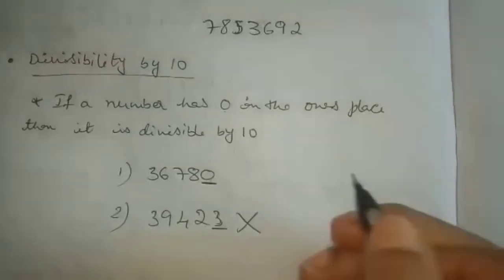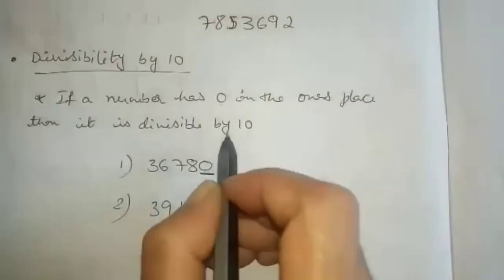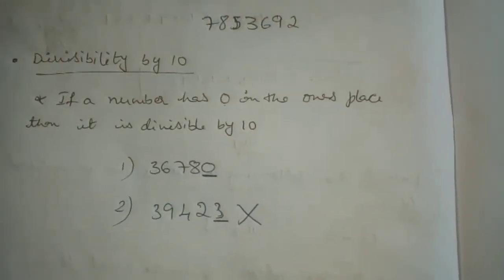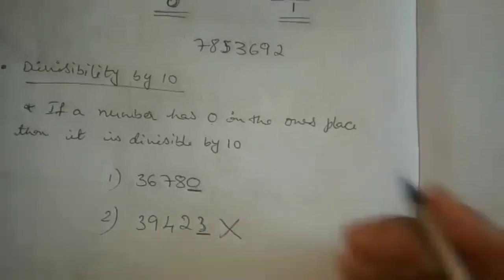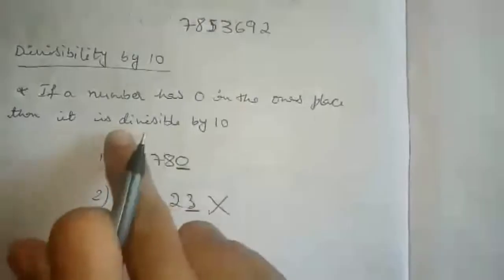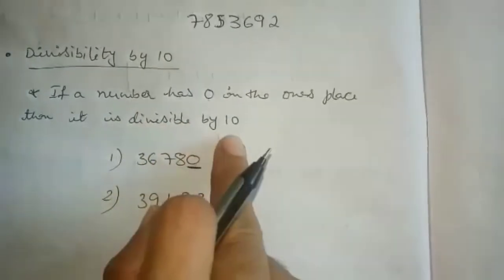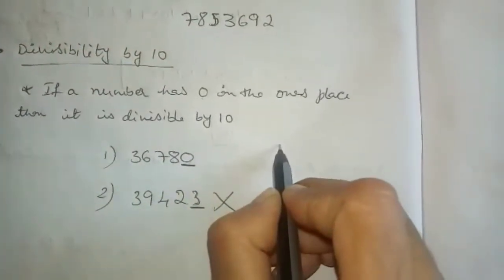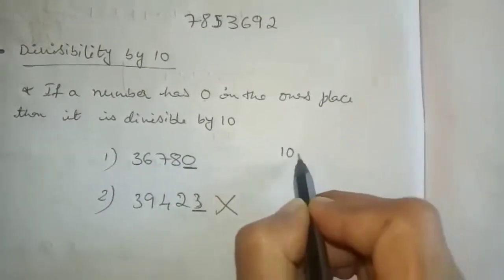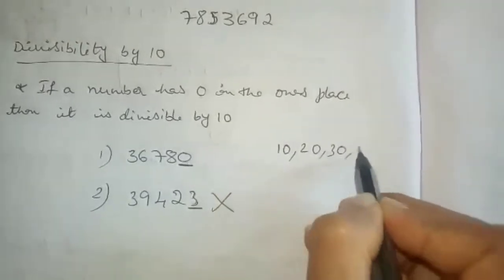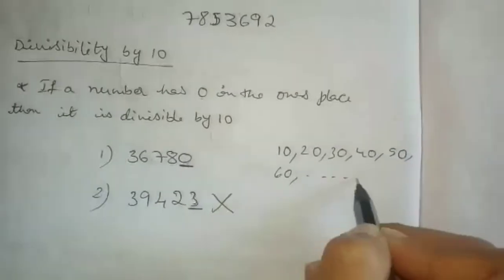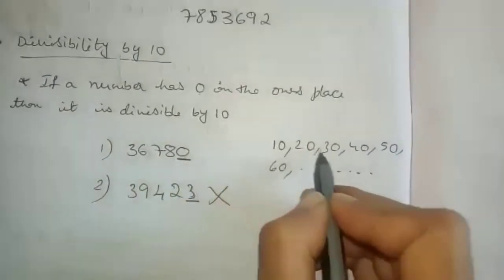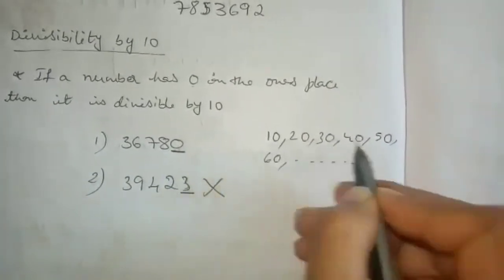Now how can you say that if you have 0 it is divisible by 10? There is a trick there. So observe, let me take multiples of 10. I have said that it is divisible by 10, no? So we will take the multiples of 10. What are there? 10, 20, 30, 40, 50, 60, etc. It goes on, right? Now observe the numbers, the digits,